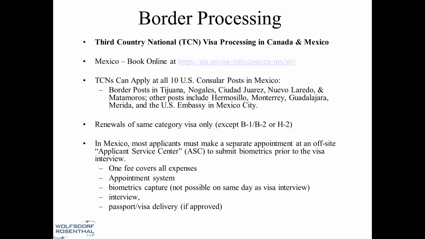You also have interior posts in Mexico, which include Hermosillo, Monterrey, Guadalajara, Merida, and then the U.S. Embassy in Mexico City. All of these posts do accept third country nationals, with a couple of caveats, one being they will only process renewals of same category visas only for third country nationals. So if you have already received an H-1B visa and you want to renew your H-1B visa, that's an option